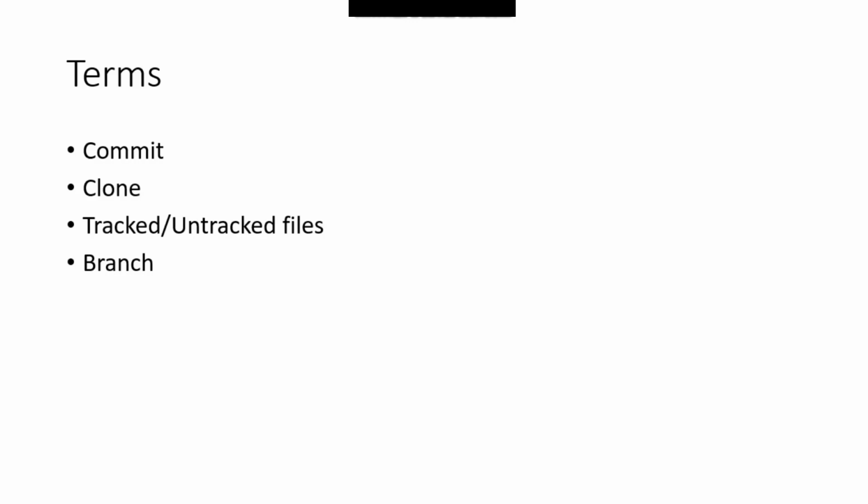But before talking about those steps, I'm going to talk about a few basic terms that we come across often. So here are the few basic terms: commit, clone, tracking and untracking the files, and finally branching. In this tutorial I would like to talk about the first three terms: commit, clone, tracked and untracked files. But I'm not going to talk about branch in this concept because in our next tutorial we are going to look at a practical example using Git workflow. So talking about branch in that tutorial would make sense. So I'm going to leave the branch concept out of this tutorial. Let's look at branch in our next tutorial. But for now, let's get started with commit.